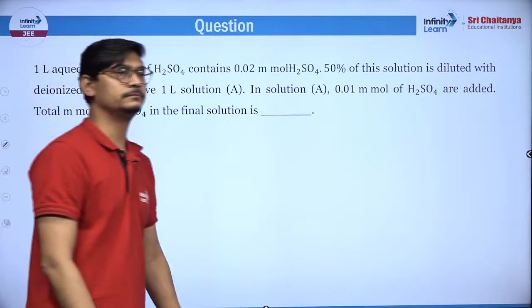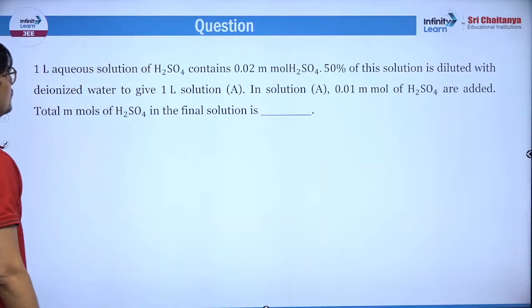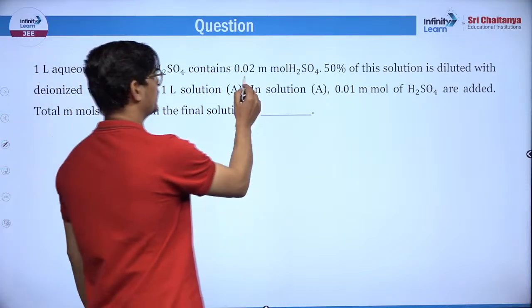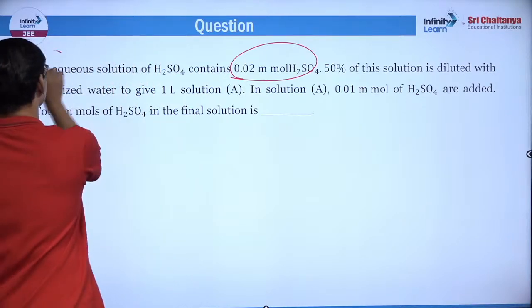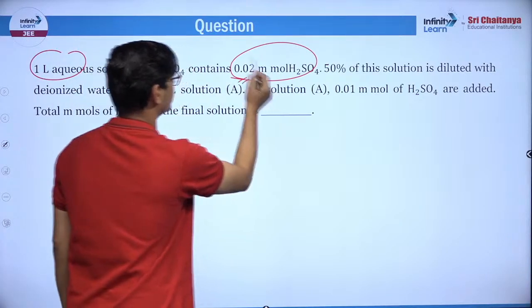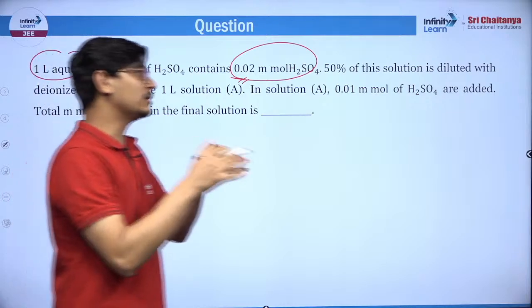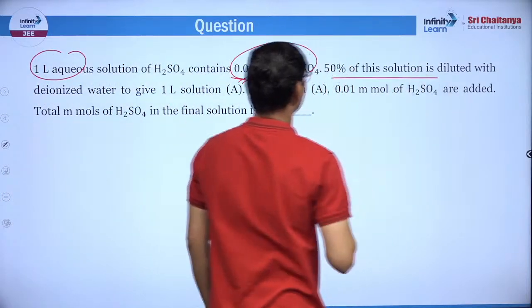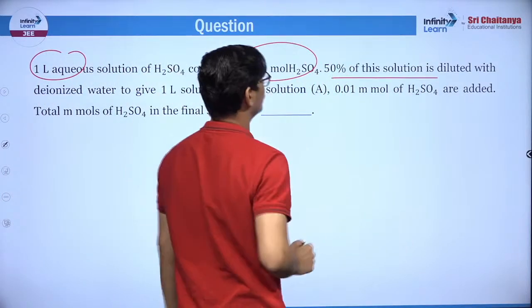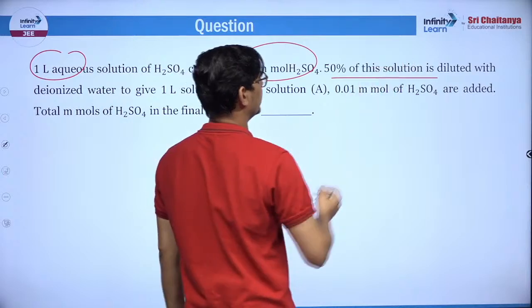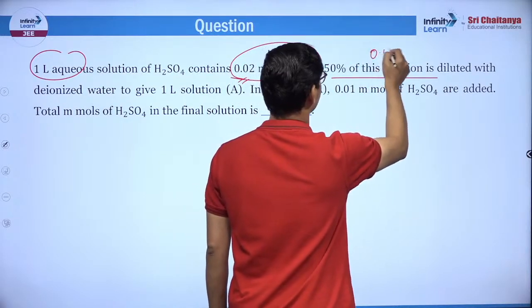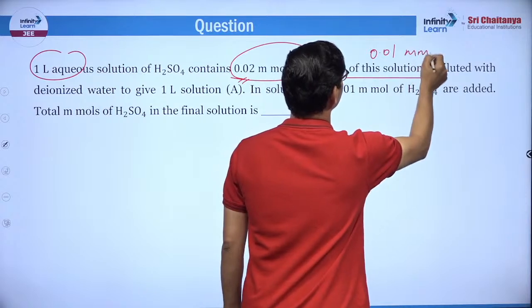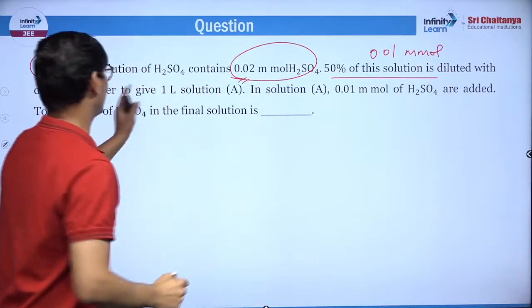Then, 1 liter aqueous solution of H2SO4 contains 0.02 millimole of sulfuric acid. तो 1 लीटर सोल्यूशन में टोटल हमारा कितना मिलीमोल है? 0.02. 50% of this solution is diluted. That means 1 liter में 0.02 मोल है तो 50% of this solution is diluted. We are taking out 50%, that will contain 0.01 millimole, with deionized water to give 1 liter